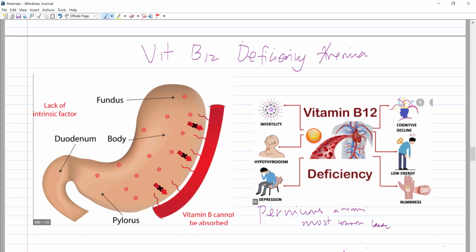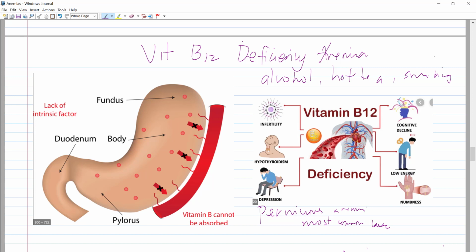And again, any patients who have GI surgeries or any alteration in their GI function can later on develop vitamin B12 deficiency anemia. Not only that, if a patient is taking excessive alcohol, or even hot tea, what else? Those who are smoking,